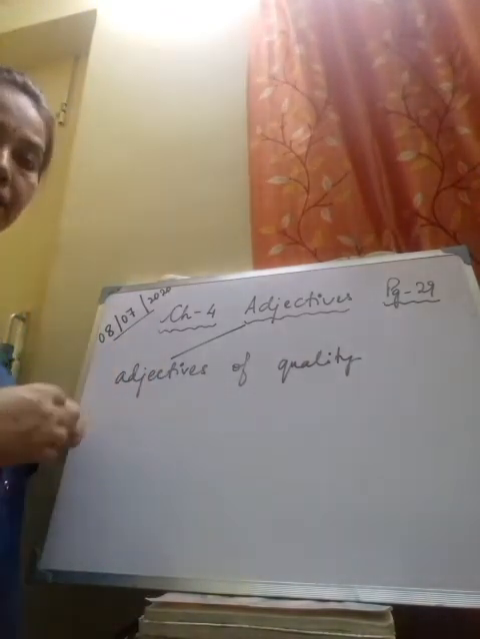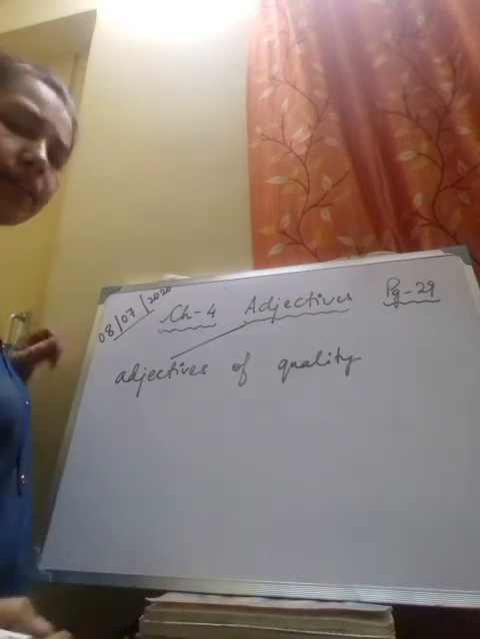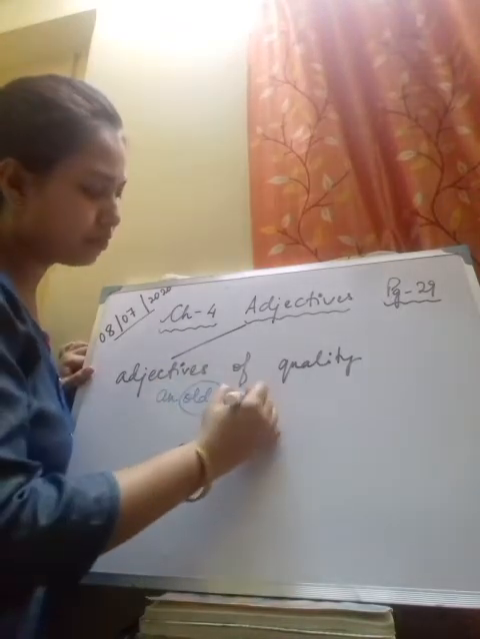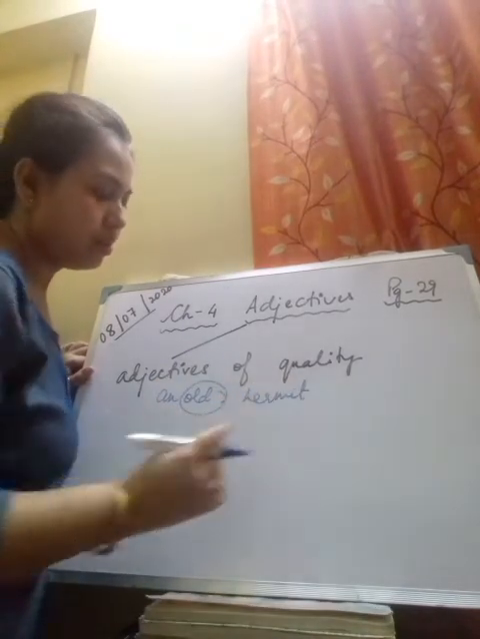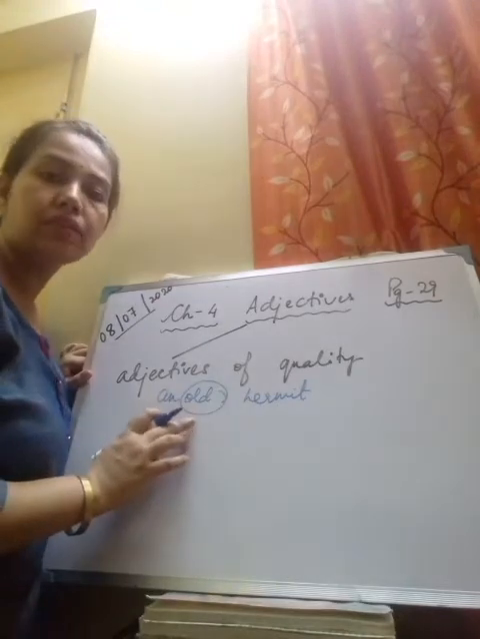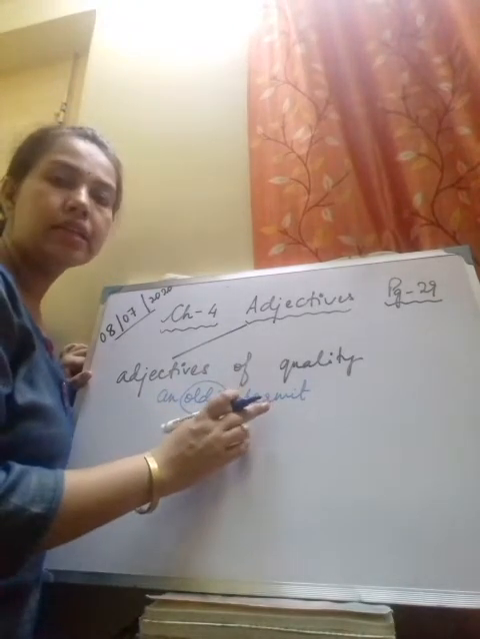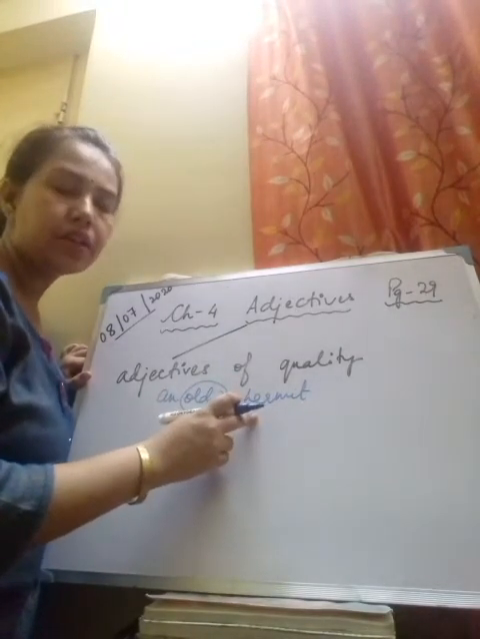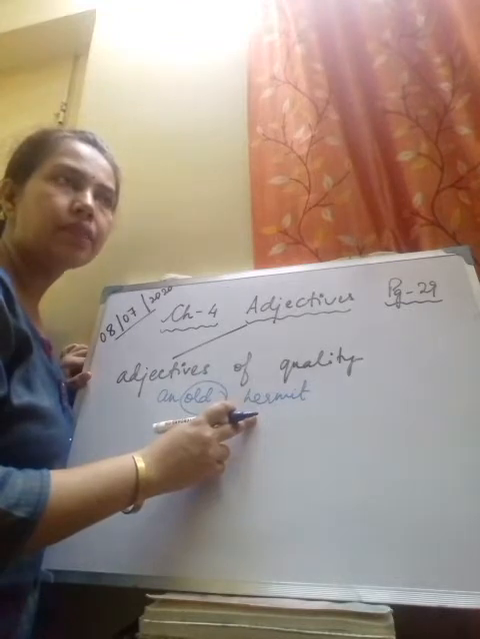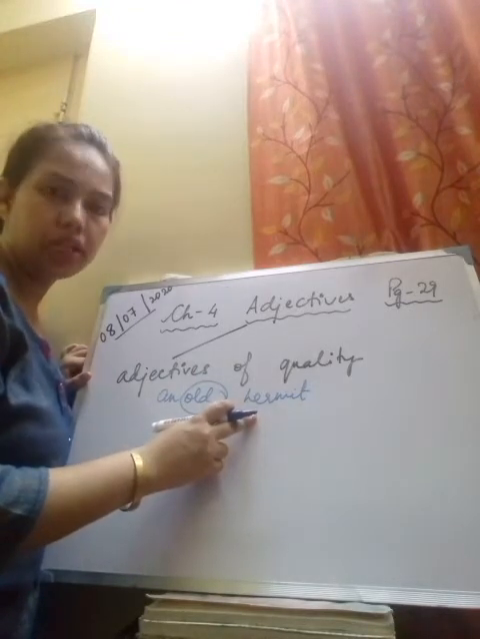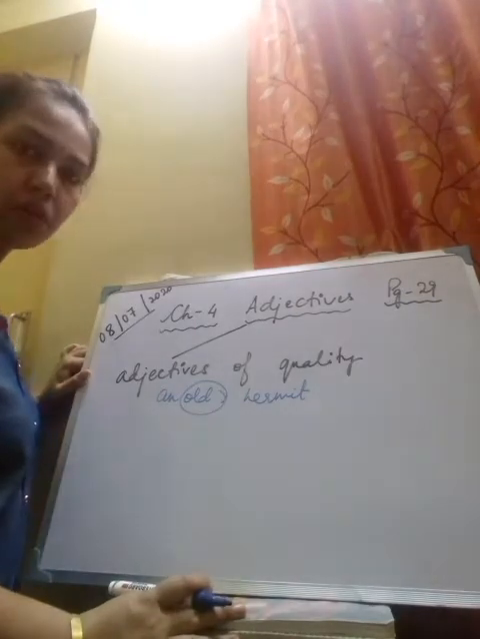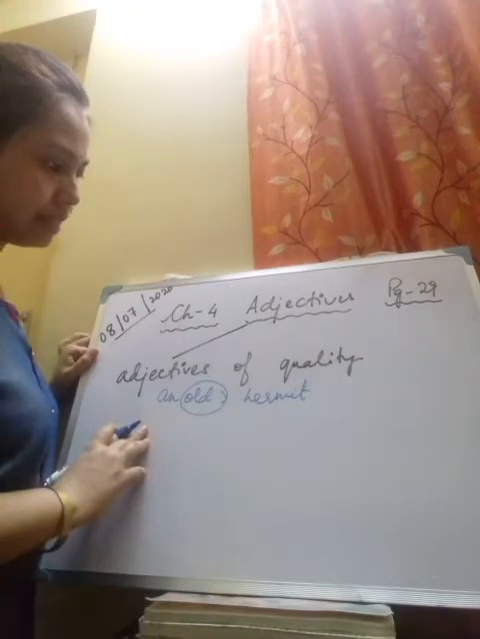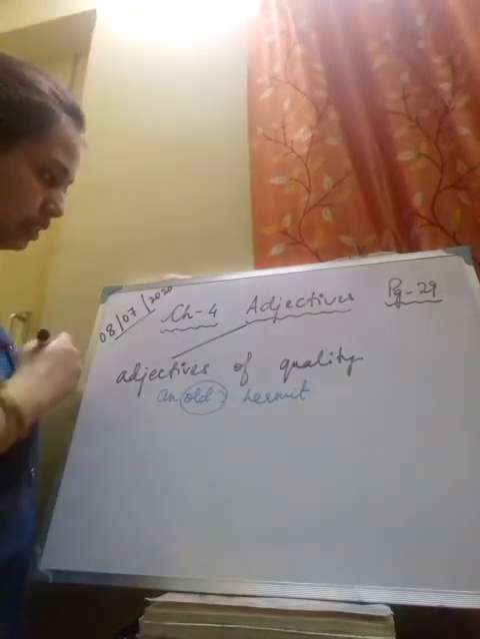Let's take an example, like the previous examples that we had taken. An old hermit. Old is the adjective of quality here that describes the noun, that talks about the quality. In the sense, this talks about the age, isn't it? So age, size, shape, all these come under quality. You have already done this earlier in your previous class. Then we have the next adjectives, that is adjectives of